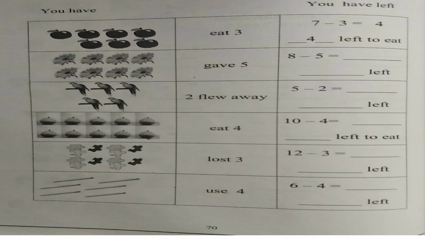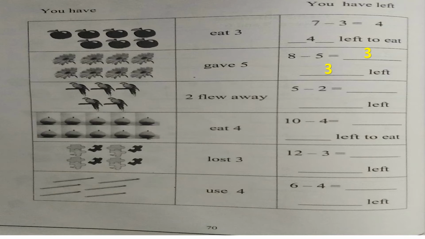Count and tell me how many flowers are there, children. You're correct, there are 8 flowers. Now in that we are going to give 5. Okay, so tell me how much is 8 minus 5. How many will be left with us? Correct, we are going to be left with 3. You can strike 5 flowers and find out the answer, children. You can even do like that. Okay, so dash left with what is the number we're going to write there? Correct, we'll write 3 because 3 flowers are left with us.